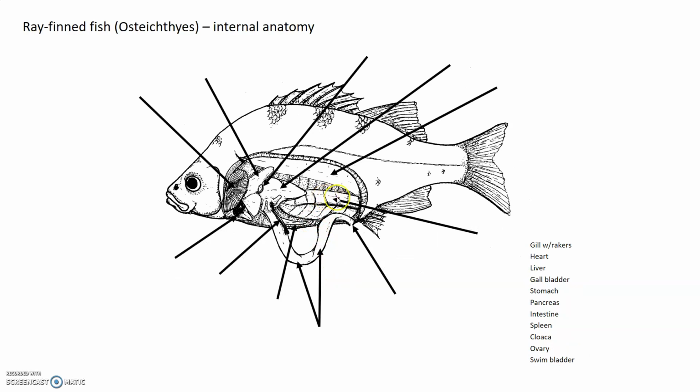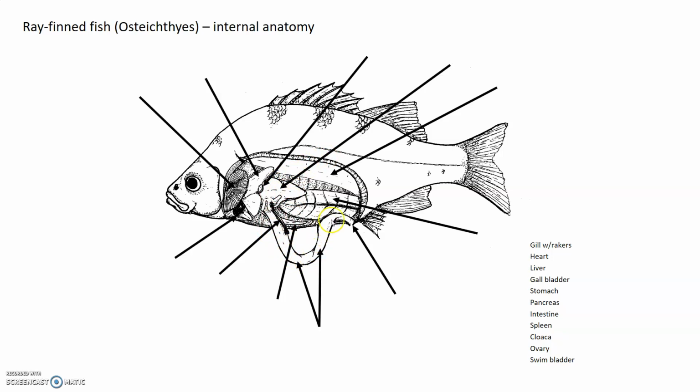For the internal anatomy using this diagram, the gill with the gill raker, the heart, the liver. On the underside of the liver is a small bag filled with bile called the gallbladder, the stomach,